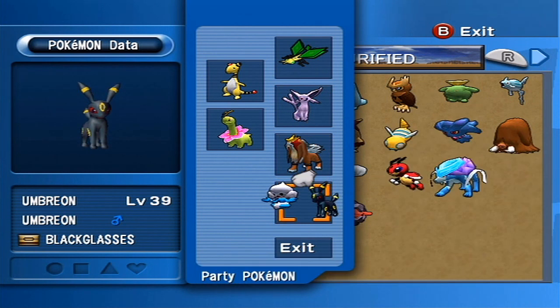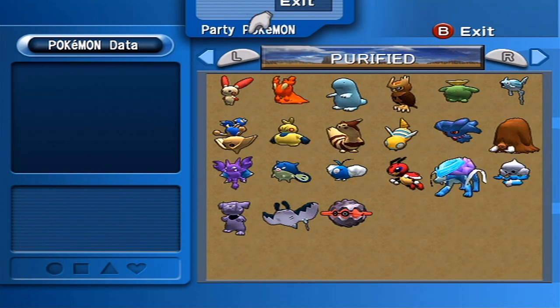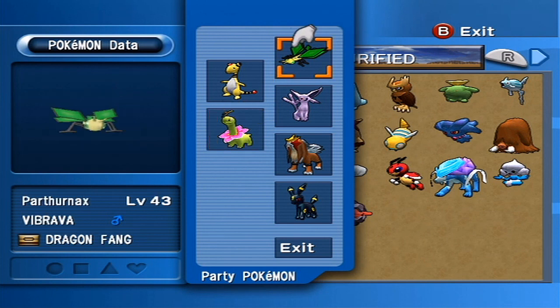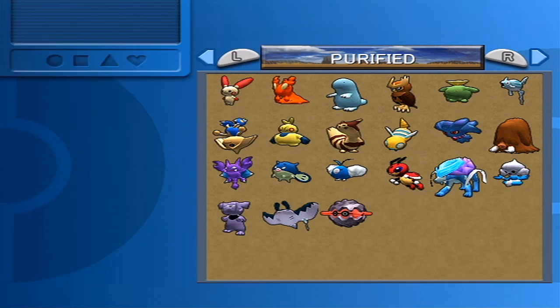There we go. So the only items we're missing to power up people on our team: we're still missing the Light Ball, which powers up Electric moves, but I don't know if you get that in this game. Miracle Seed we got, Dragon Fang, Twisted Spoon, and Umbreon's got his black glasses. We're waiting for the fire item, which is the Charcoal, I believe, but I don't think we're going to get that yet. I think somebody else is holding it, so...